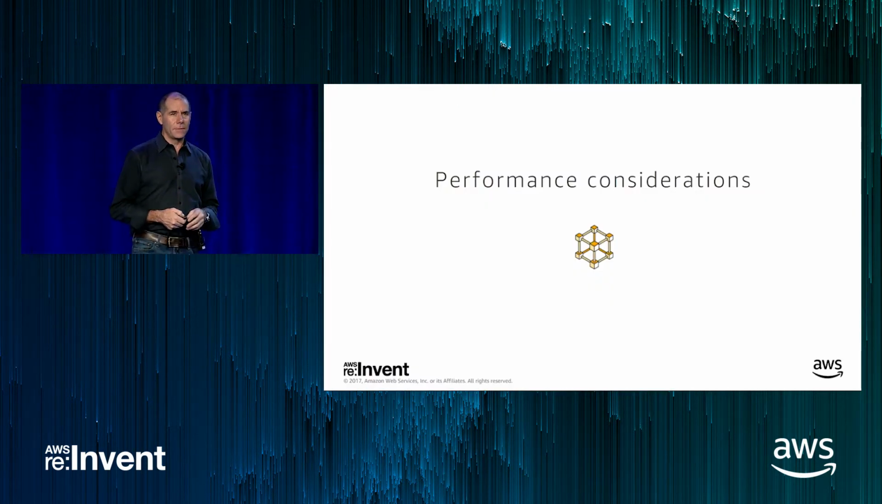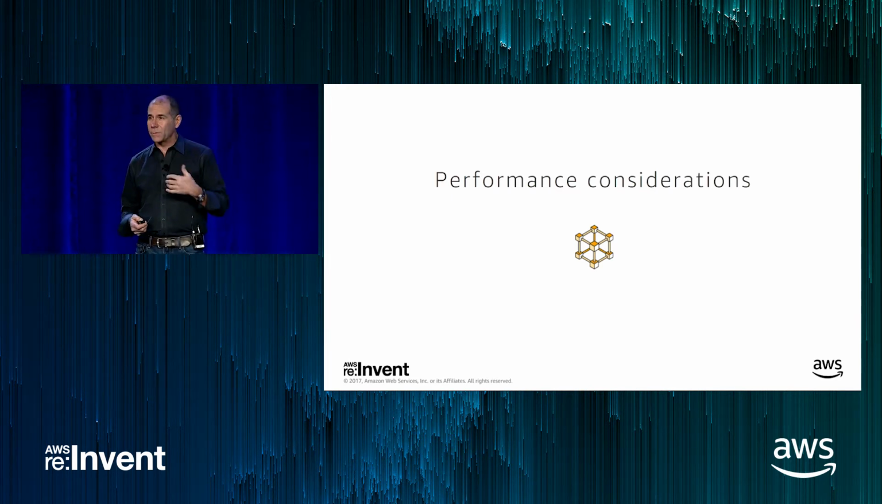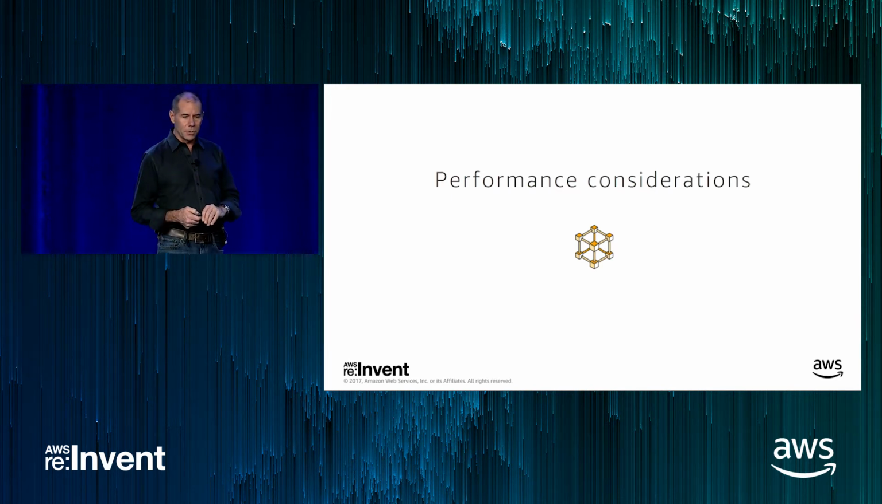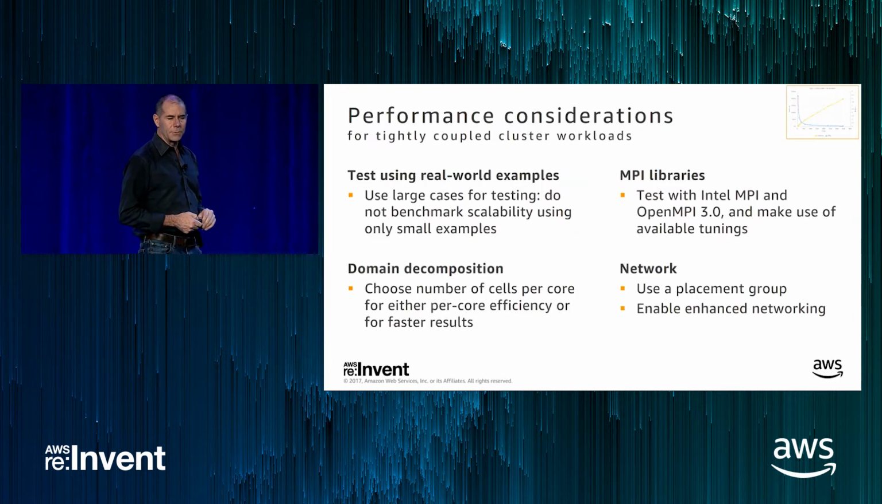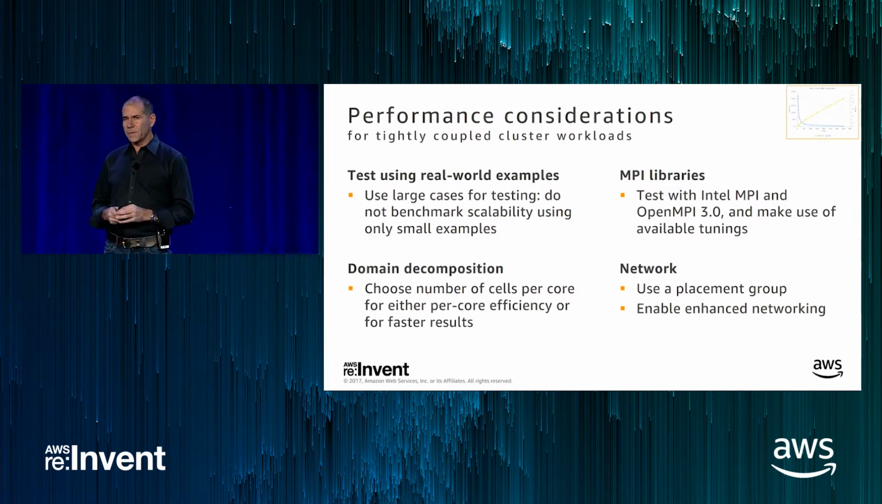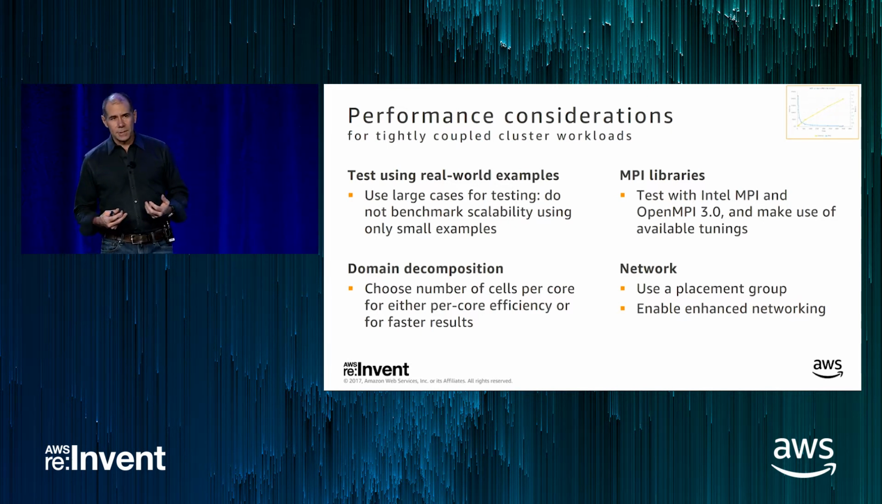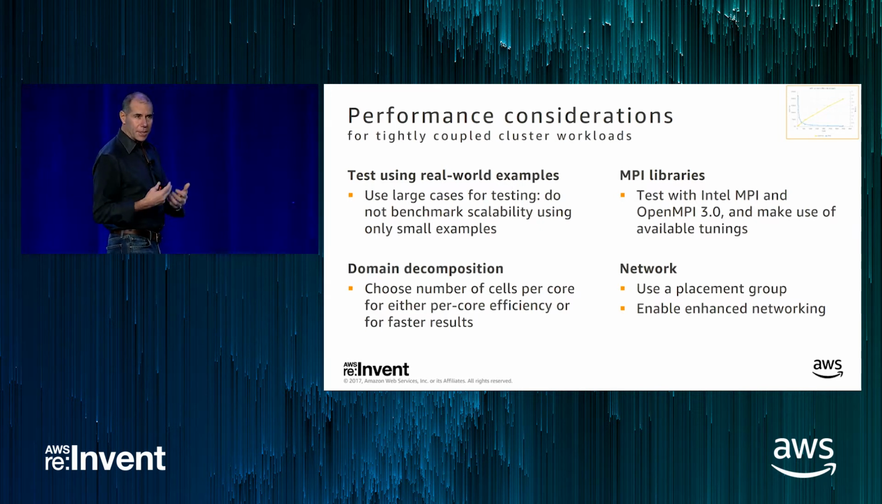All right, so let's dive in a little bit and talk about performance considerations. How do you get that kind of performance? What are the things to think about when deploying HPC on AWS? So first, let's talk about those tightly coupled workloads, right? Those workloads that require a lot of network performance, that have many jobs that are communicating via messages, perhaps. The first thing to understand is that